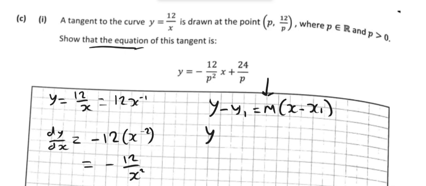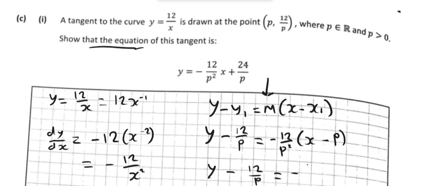So we can put that in then with the x1, y1. So y minus 12 over p is equal to minus 12 over p squared. So x, I'm just putting p in. So x minus, and then x1 is just p. So we get y minus 12 over p is equal to minus 12x over p squared